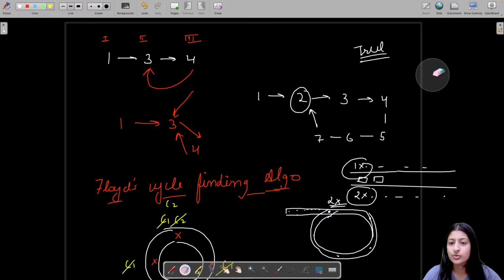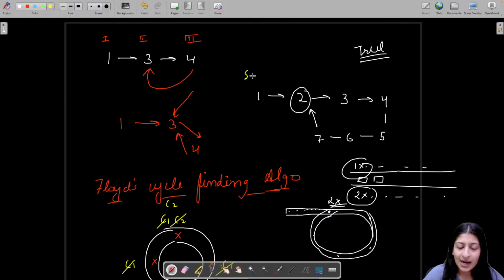Now let's come back to our original problem. So how are we going to do this? We are going to take 2 pointers. One is slow pointer and the other one is fast pointer. Both are initially pointing to head, okay. Now move your slow pointer by speed of 1. That means slow will move to the next pointer in every iteration,